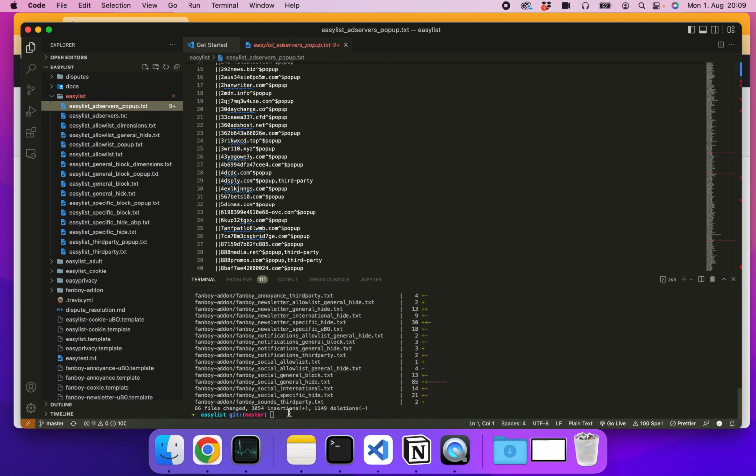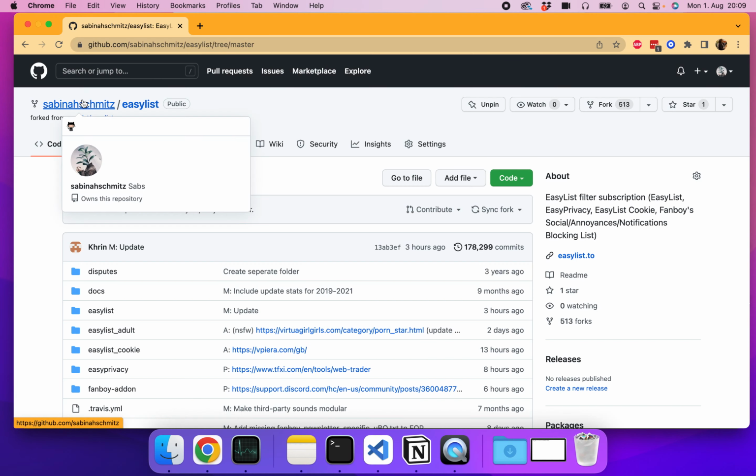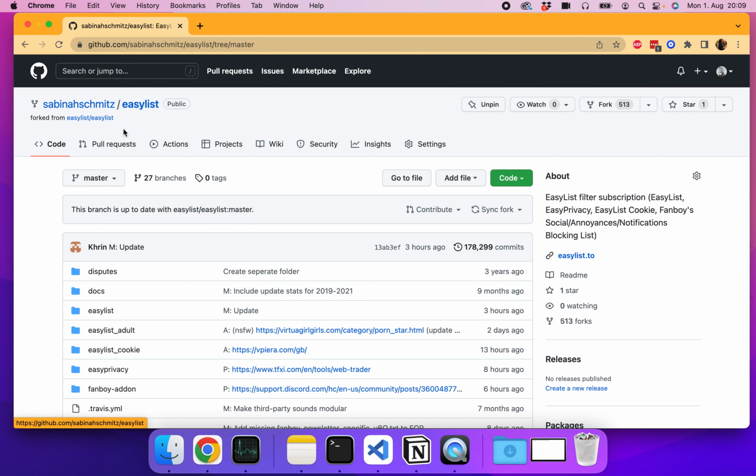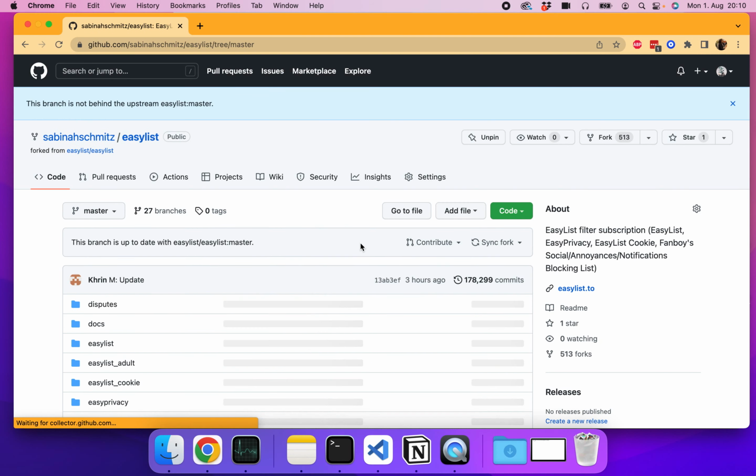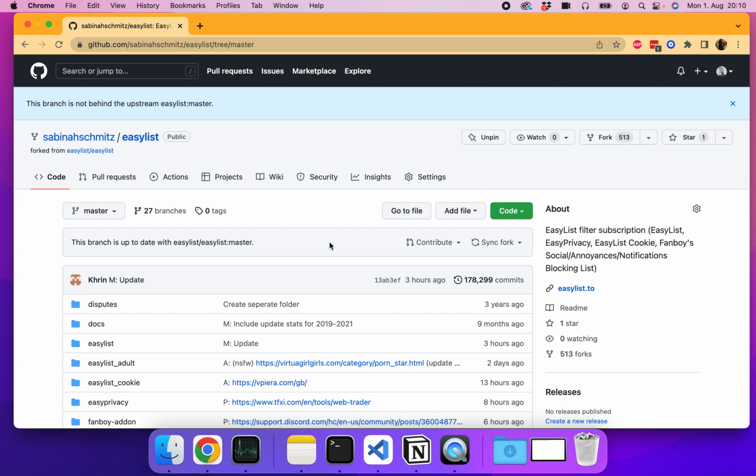So what is really important right now is to make sure that you're in the master branch and that you go back to the repository on your folder structure of the EasyList. So you're not on the EasyList itself, you're on your forked version of your EasyList. And the very first thing you always have to do is sync your fork to see if you need to update your branch. If you can't click on this, you're fine. If you do, you just fetch and merge and make sure that your branch is up to date,